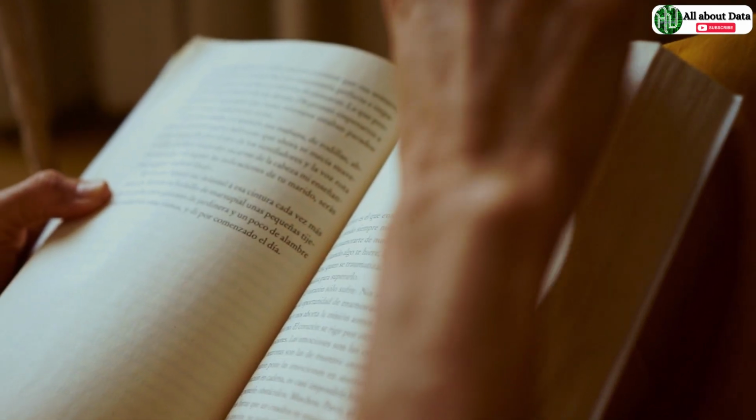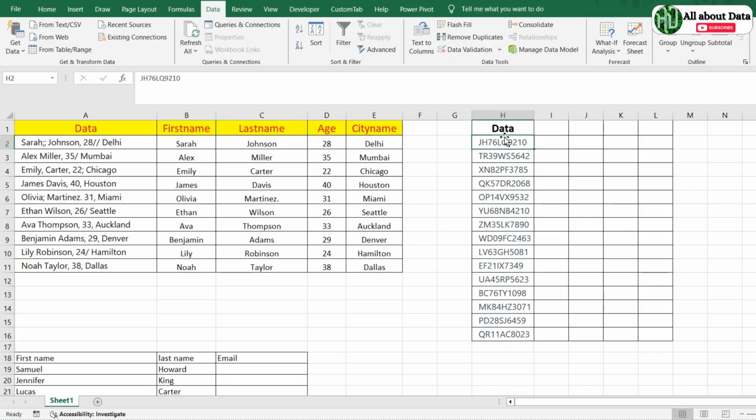Let's move on to the fixed width. For example, you have data like random text and number. It's kind of, you can say, a number plate of any car or vehicle. So what I will do, I want to separate GH and 76 LQ and 9210. But as you can see here, there is some pattern over there, like two texts, then number, again two texts,